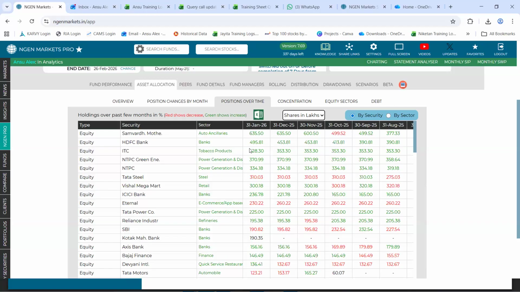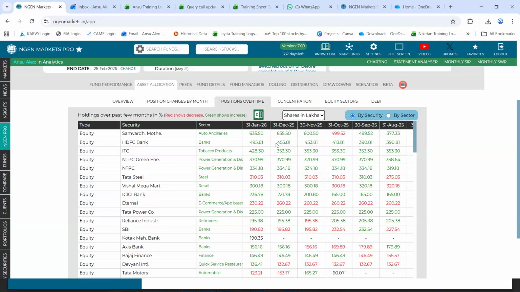Right here, you get a view of whether shares have been purchased or sold, which is causing an impact on the overall percentage change of this respective component in the fund's portfolio.